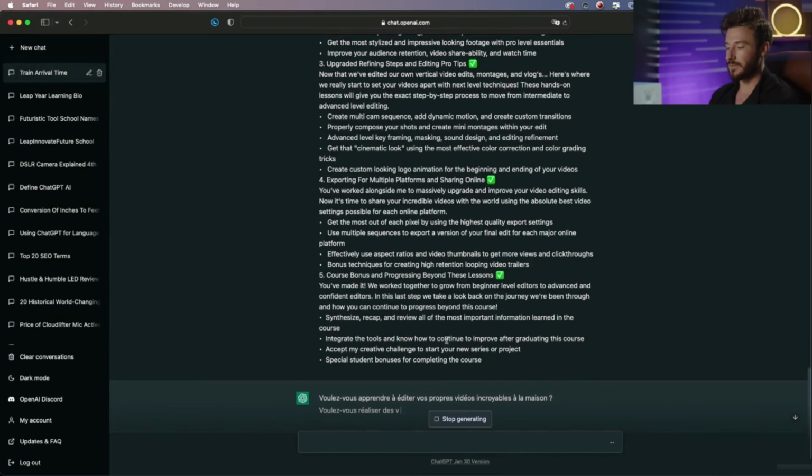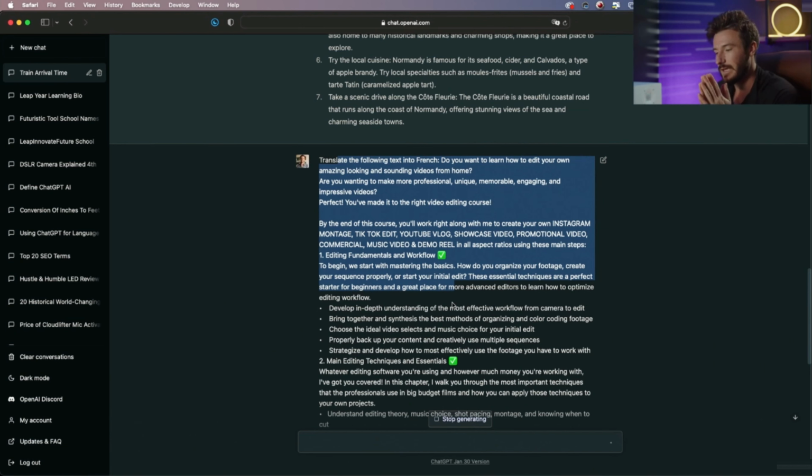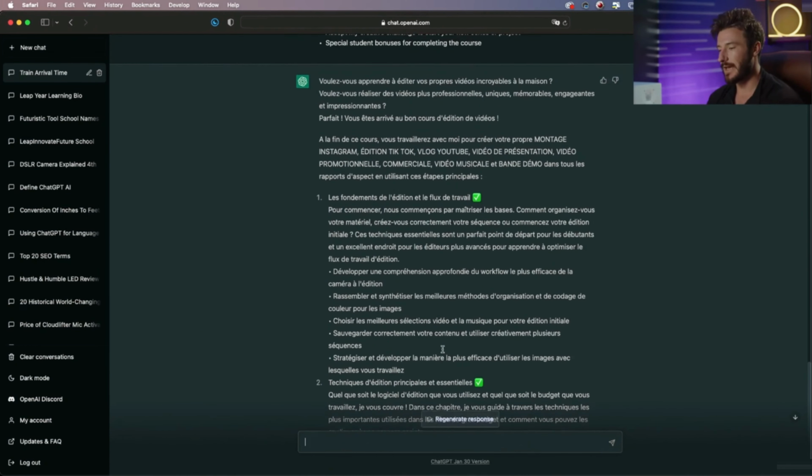Other things that I could do ahead of time are summarizing my text before translating it. Let's say that I want it to be a little bit simpler for people that speak a different language and not as dense as the English version. I could summarize it and then translate it, or translate it and then summarize it. It works both ways. So here we have our translation, and one thing I wanted to add is we